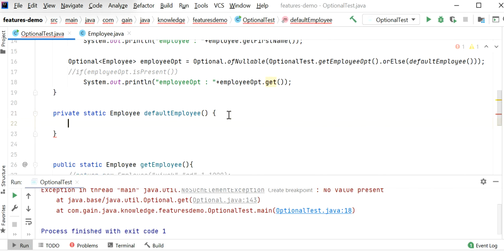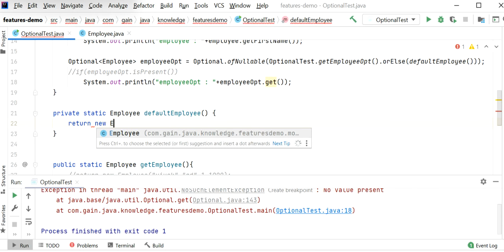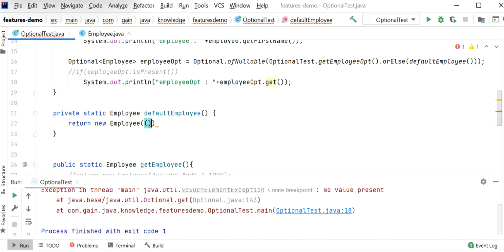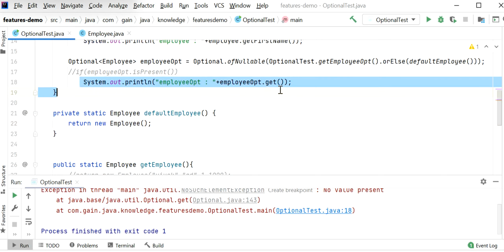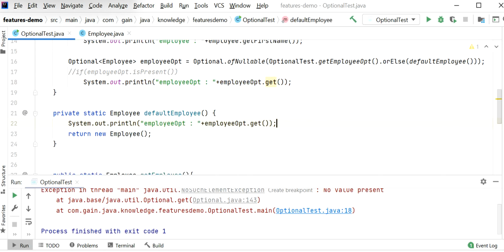This is a method where we need to return the value of the Employee object from here, return new Employee, and here I will just print one statement, calling default employee method. Let me run this application again and we'll check the output again.